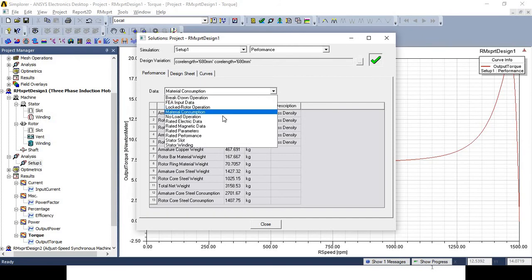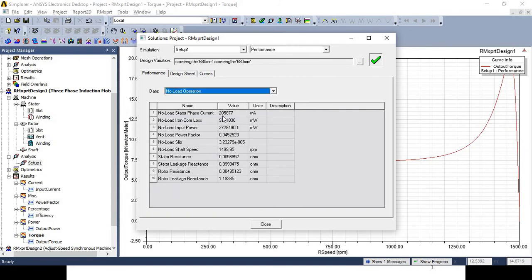Then no load operation of the motor. In case of the no load operation, the no load stator phase current is 2,05,867 milliampere. No load iron core loss is 97,81,030 milliwatt.